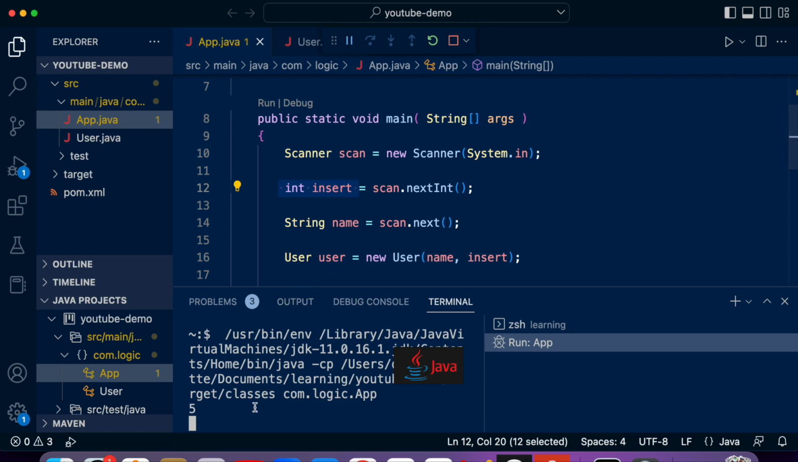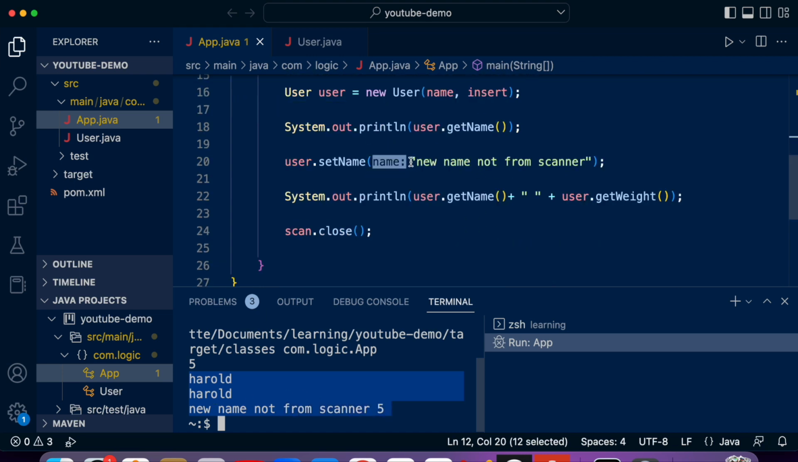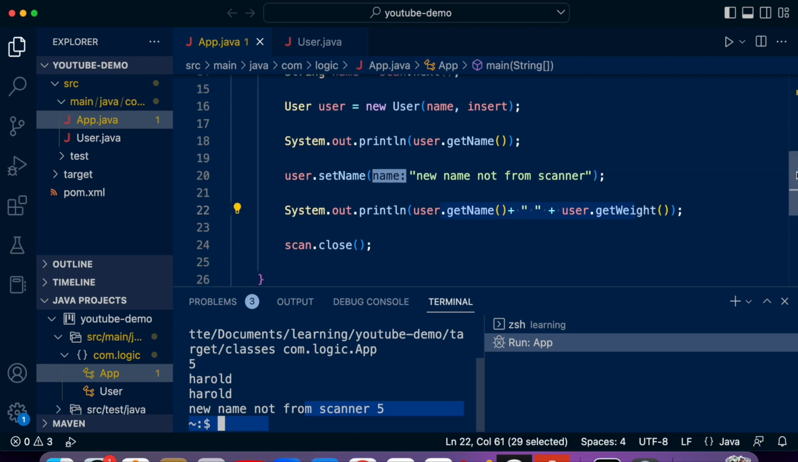We'll enter, our next command is to enter a name. Say Harold. And there we go. That's how our program runs. New name not from scanner. Yeah, we set the name, new name not from scanner, and then we printed it out. So yeah, that's basically how you create classes and how you get started building Maven projects in